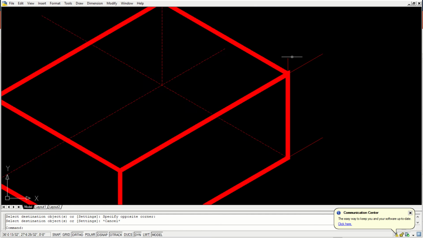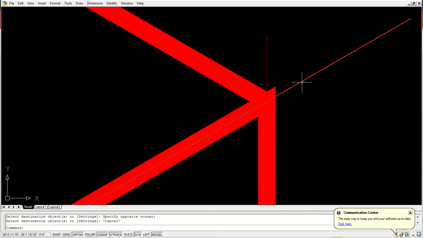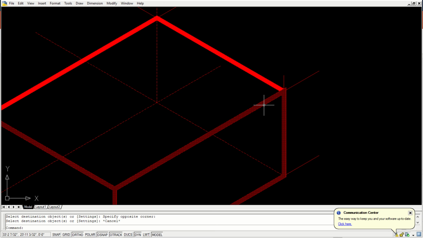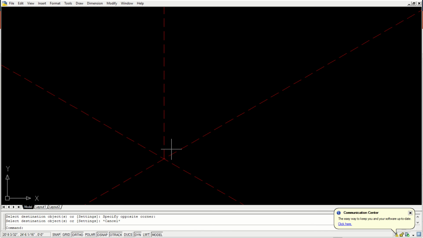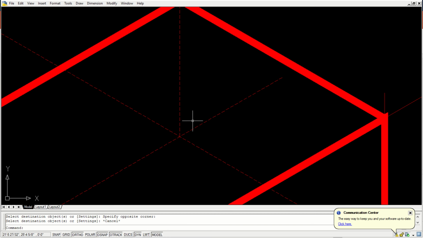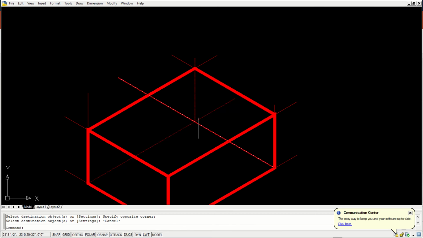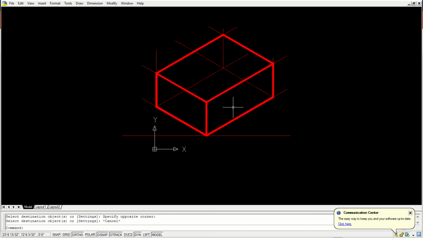I hope you have understood. This is construction line thickness, this is actual object thickness, and this is how you see the objects inside. So this is how you construct 3D.